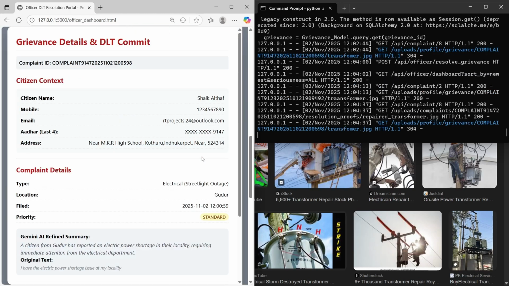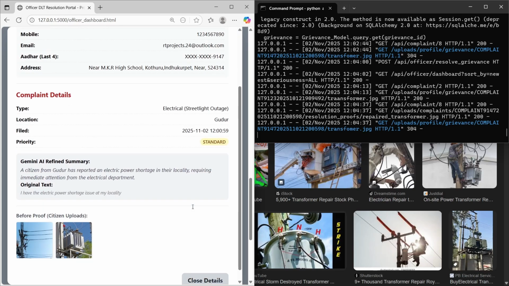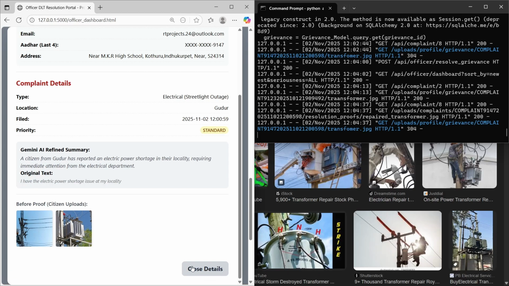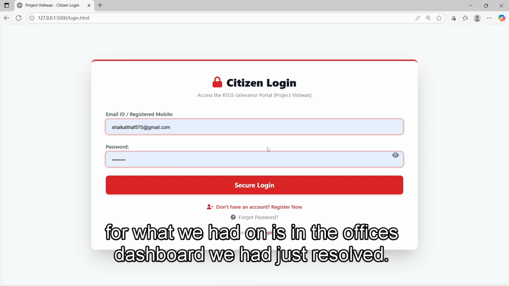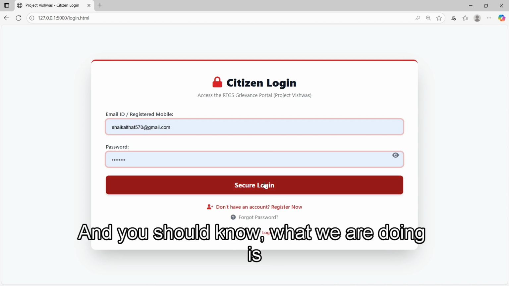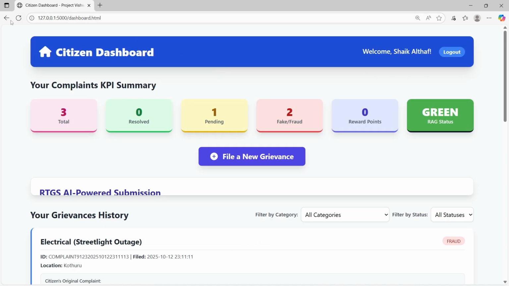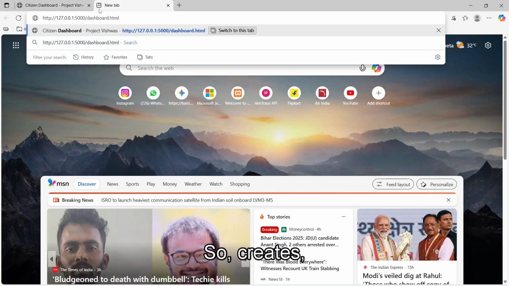Which one? Why is it showing fraud detected? What we have done is, in the officer's dashboard we have just resolved the client issue. Now what we are doing is, we also create